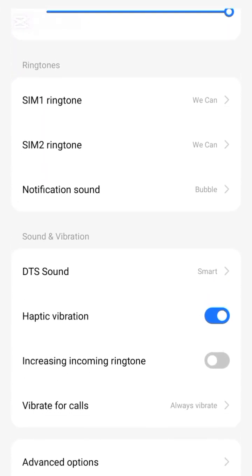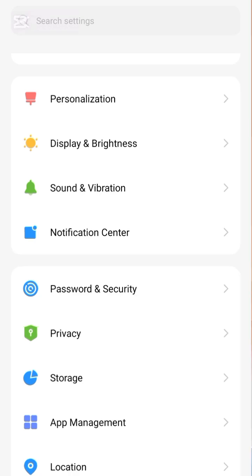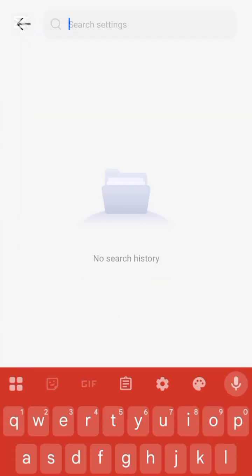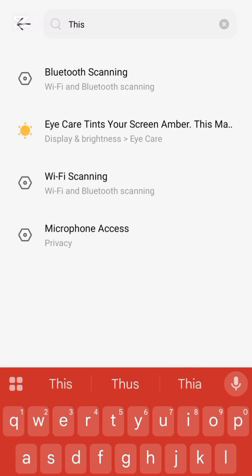Okay, so we got it. This is haptic vibration. So we turn it off. So now let's see if this is working. Yes. Now I'm trying to type and it's no more vibrating in my hand. This is working